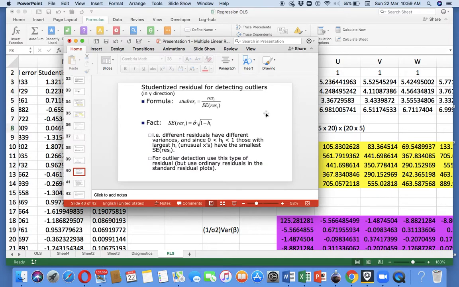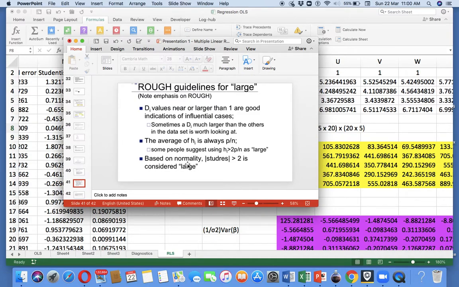So the studentized residual: the different residuals have different variances, and since HI is the largest, those with the largest HI, which give you unusual Xis, have the smallest SEs. So these are the rules.